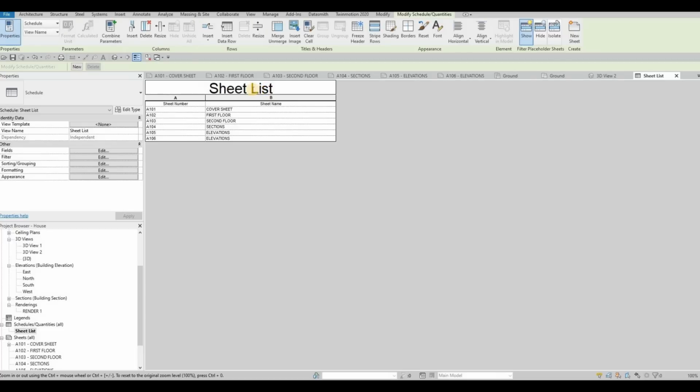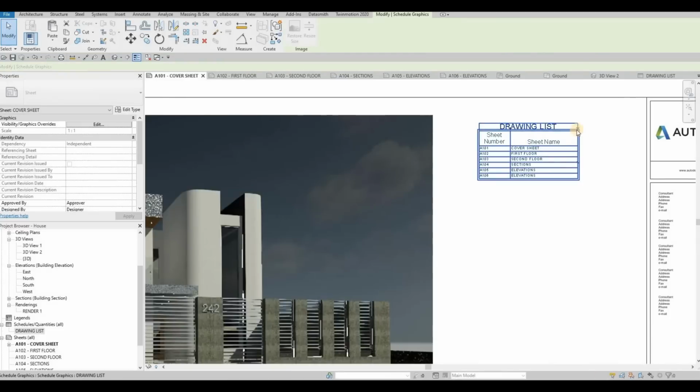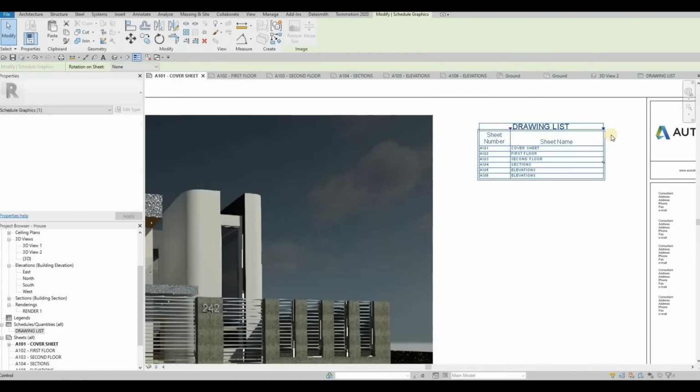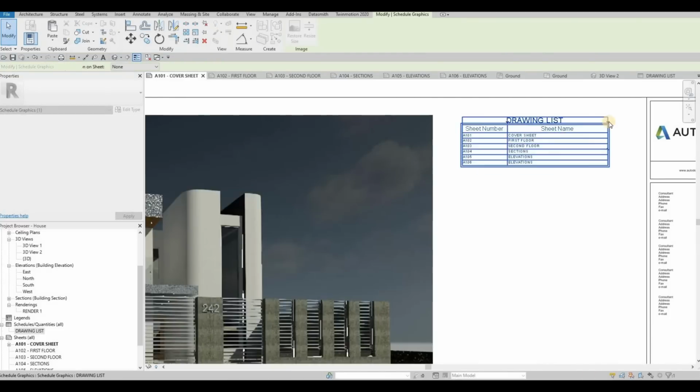And then here I'm gonna put in drawing list. And then now, once we're in the cover sheet, as you can see, it looks much better. So we could enlarge this. And the good thing about this one is it's